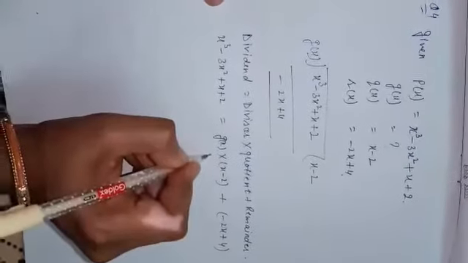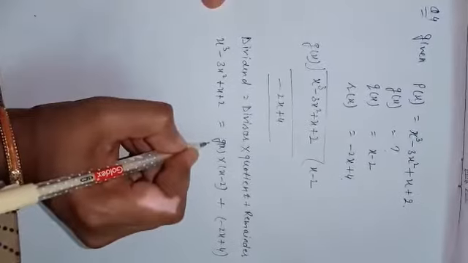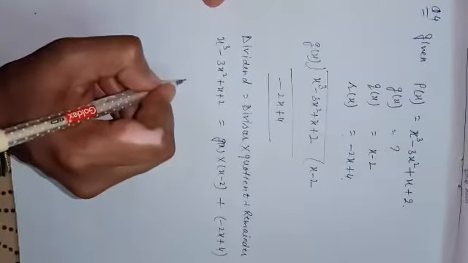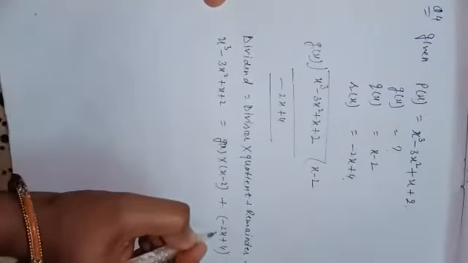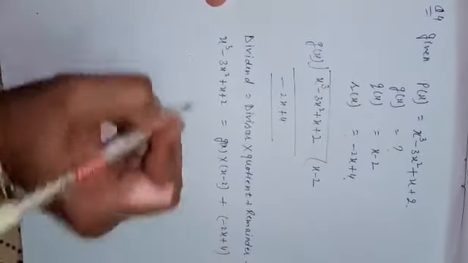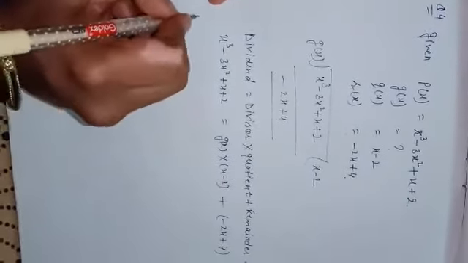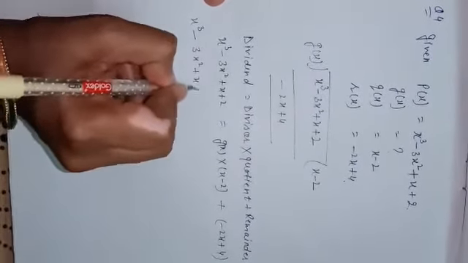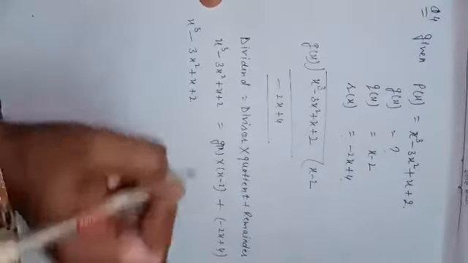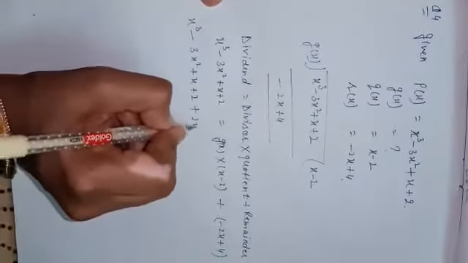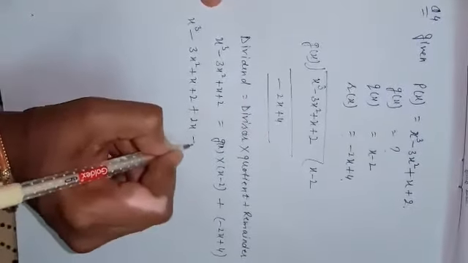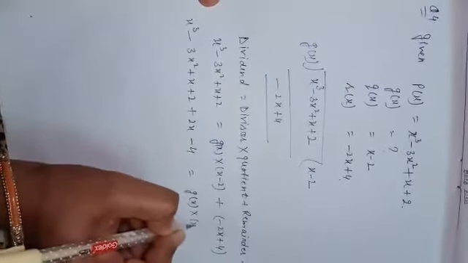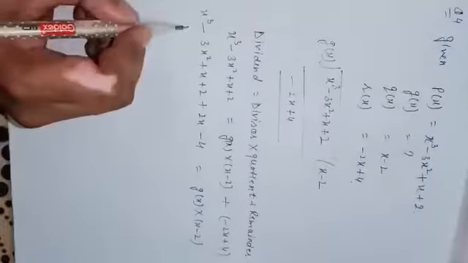Beta, you know very well, if we want to find any value, we will keep that value on one side and the other values we will take to the other side. So in this question, we will take minus 2x plus 4 to the left hand side. So we will take x cube minus 3x square plus x plus 2. Here minus 2x becomes plus 2x. Here plus 4 becomes minus 4, and g(x) multiply x minus 2.